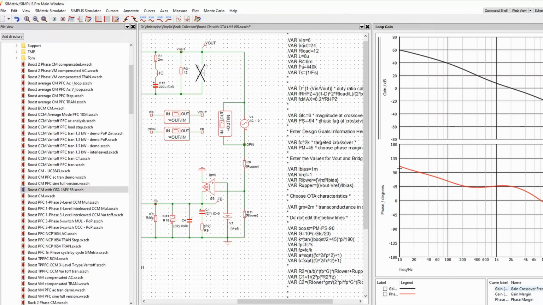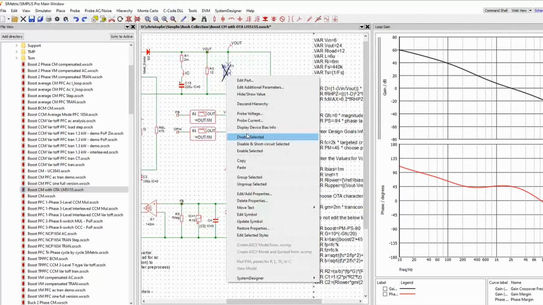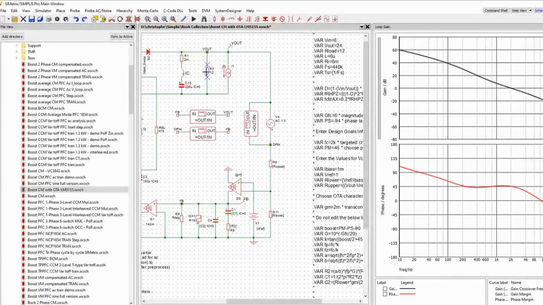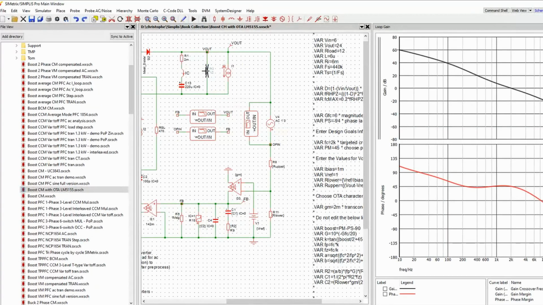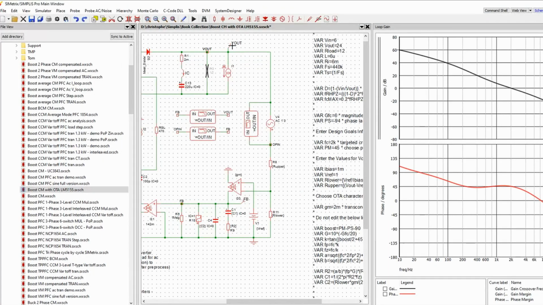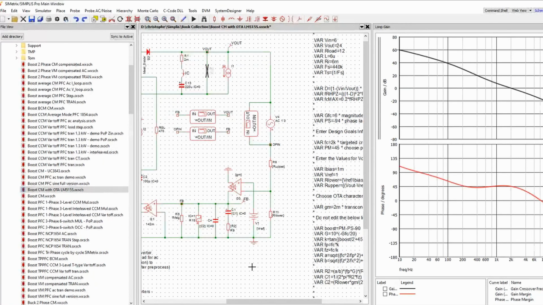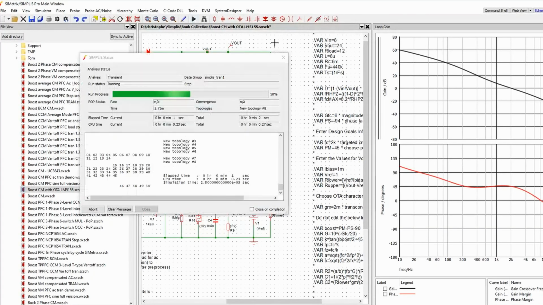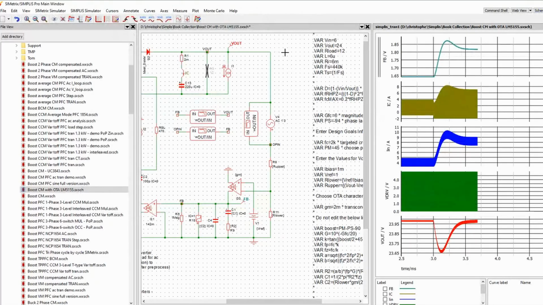So it's easy now to explore different compensation strategies and look at the transient response in this case. So I'm going to enable the transient source. This guy is going to be silent. And then I'm going to select a transient analysis. Okay. And here, the storage depth is 2, so I'm going to accumulate the curves. And if I run here, it's fairly fast. There you go. You can see here,